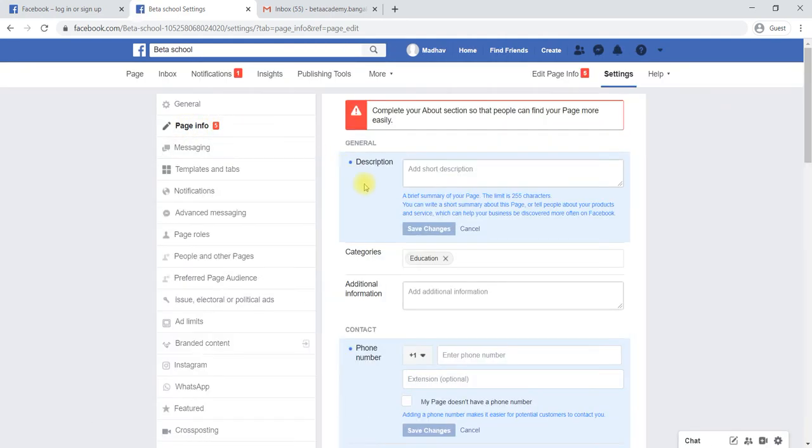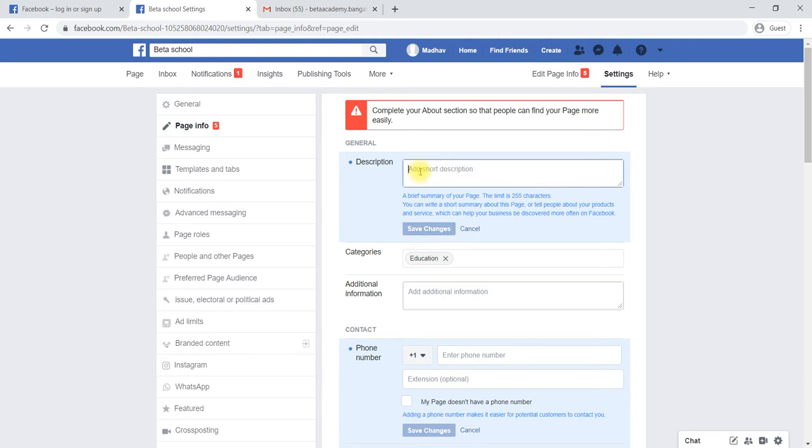Now we have to start giving a description about the page. Why is the description very important? For example, if anyone searches for keywords which match your description in a Facebook page, then your Facebook page will also be shown in a Google search. To get better traffic, whenever someone searches for a relevant product belonging to you, then your page needs to be shown in Google. For that reason, we have to write a nice description here. Up to 255 characters, you can write a description.